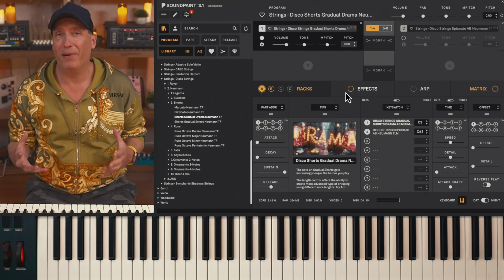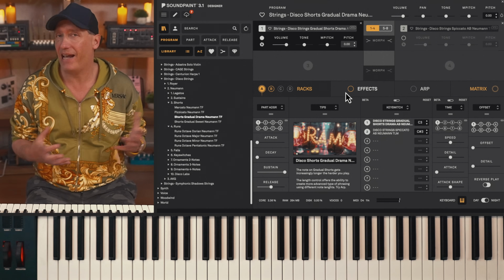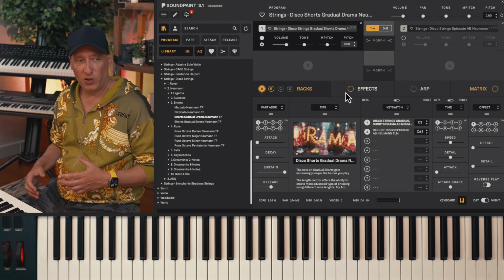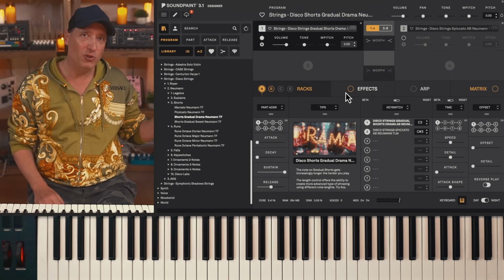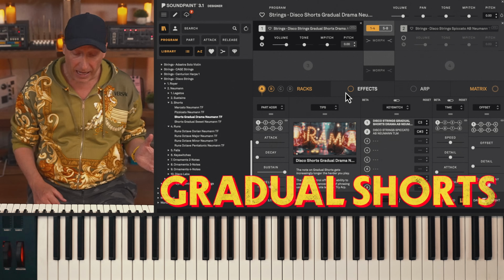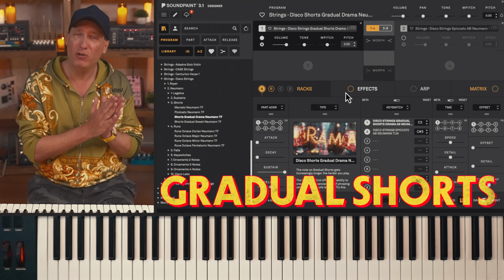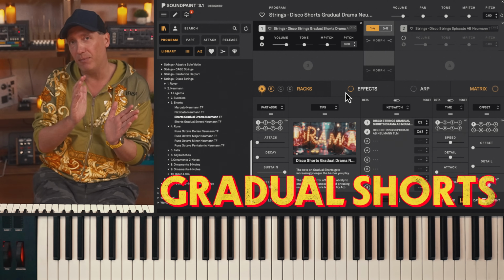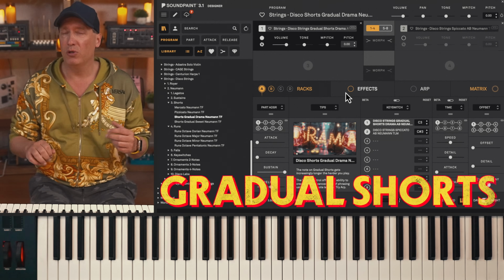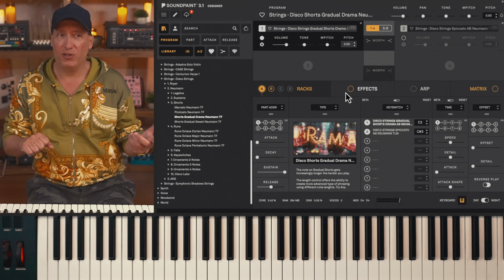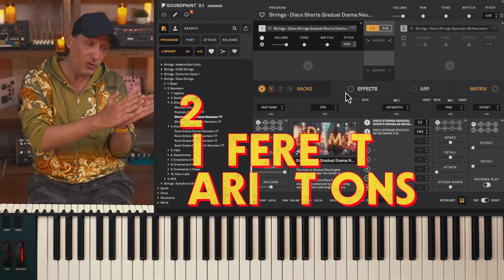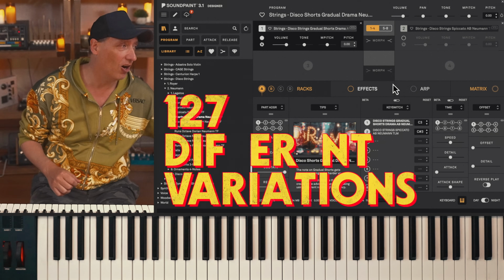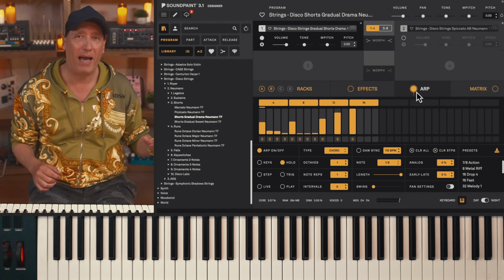Now, because we're in Soundpaint, there are magical things we simply cannot do in any other technology. One of them is to morph between different notes. So we have a specific type of new short notes called gradual shorts. And what's happening is that we're going from the shortest bow stroke you can make on the bow up to like a small marcato, but we have every single step in between. That means that we can do short and longer kind of lines, essentially controlling the bow length at 127 different variations. It's super neat, and the best way to demo it is actually inside of the ARP, because we can easily make arpeggiated patterns here.